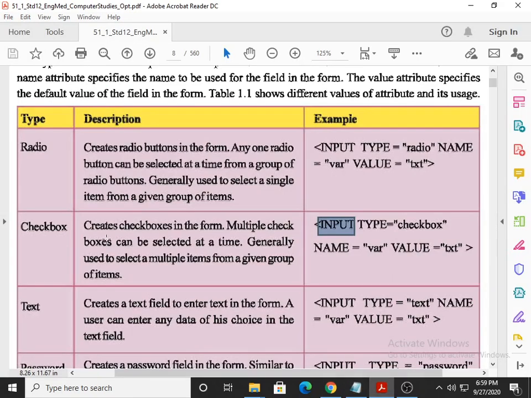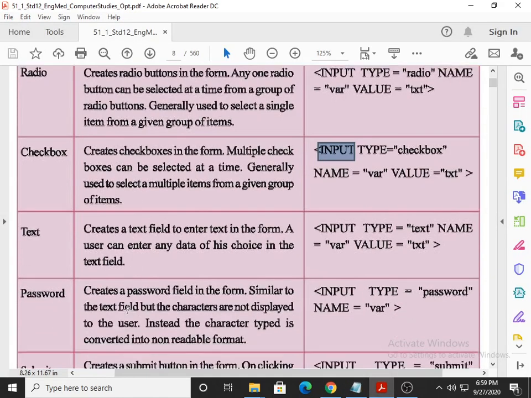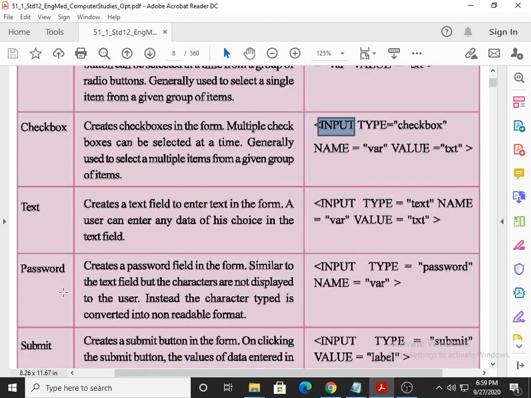Now after text, we have password. It creates the password field in the form, similar to the text field, but the characters are not displayed to the user. The user cannot see the characters. Instead, the characters are converted into a non-readable format.